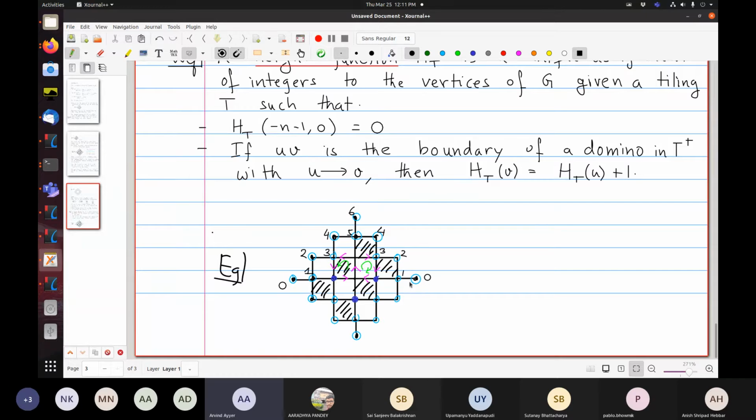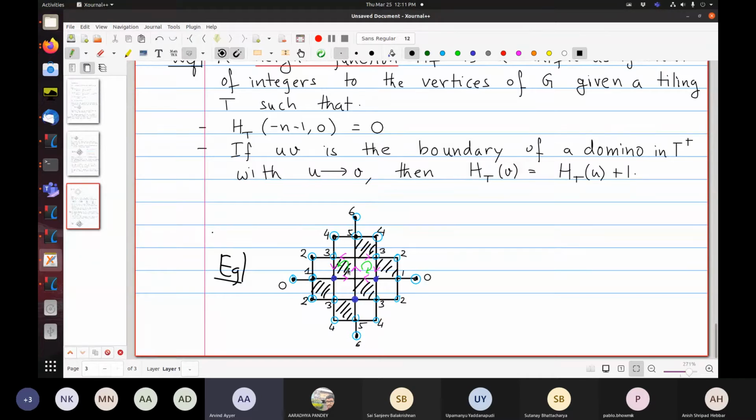And now again we have black squares. So this is now a 2, then a 3, a 4, 5, and 6. And now again white squares. So we go down 6, 5, 4, and then 3, and then 2, and then 1 and 0.